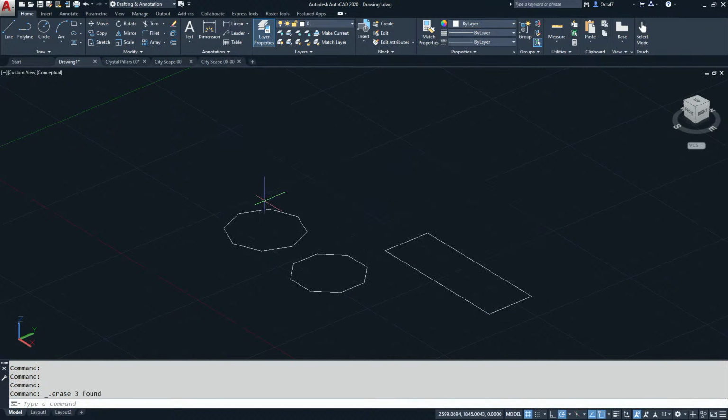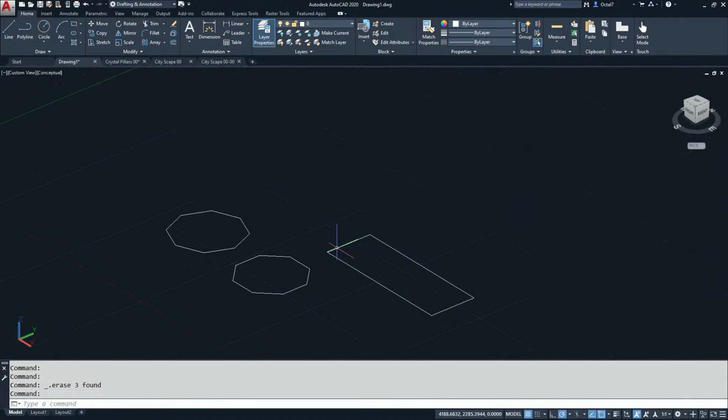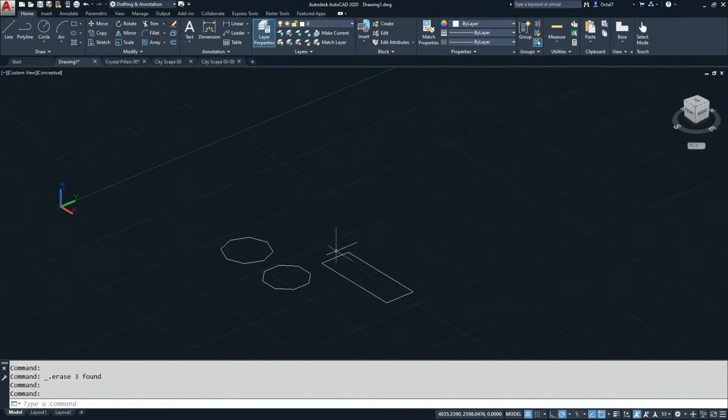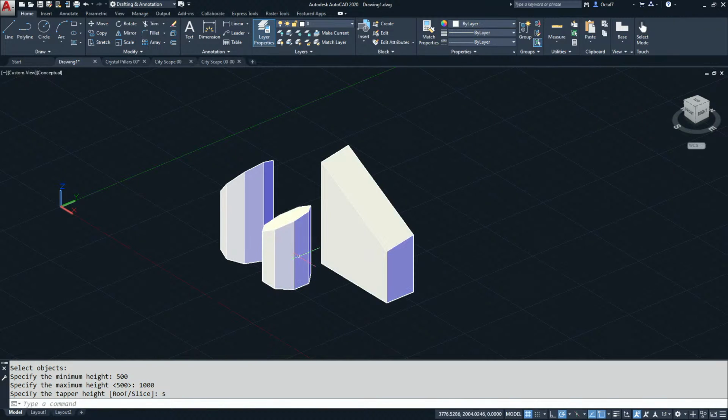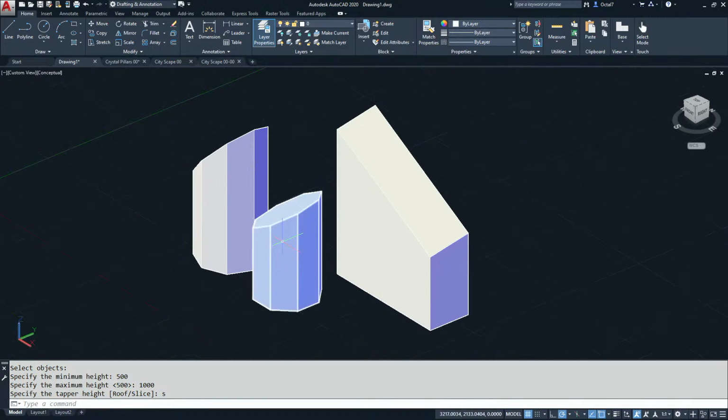And if I delete those, you can see there's still the originals there, right? So let's do that Greeble Extrude again. And let's stick with the 500 and 1000 here, kind of liking those values today. And we see that other option in here for the slice. So let's do slice, and it just arbitrarily assigns some sort of